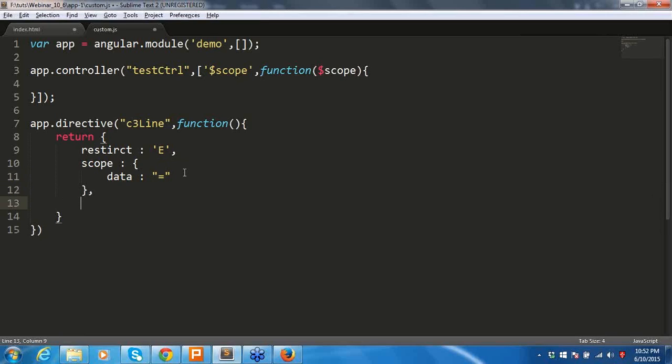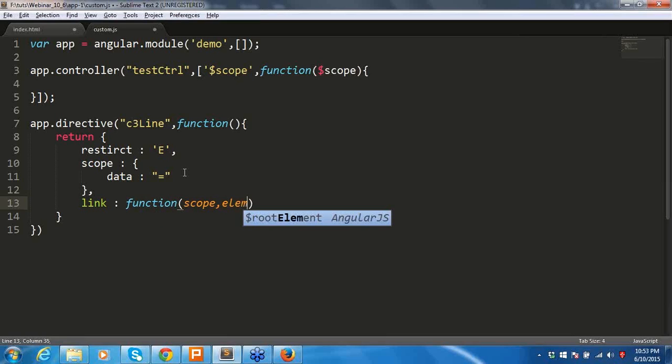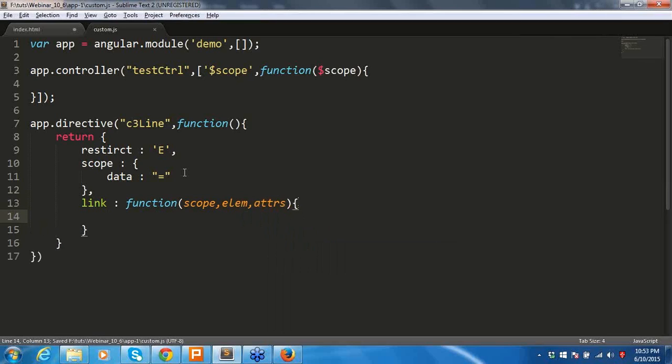Okay, now I need only the data. Then the link function. Whenever you load this directive, it will automatically load the link function or a controller function. Now I need only the link function. It will have scope, element and attributes. You can name them whatever you want. I will call them scope, element and attribute. After that, here I have to write the functionality for my widget. I'm going to call it C3 graph,